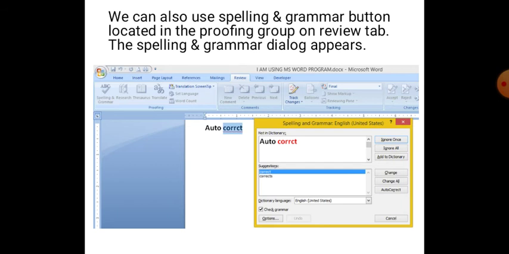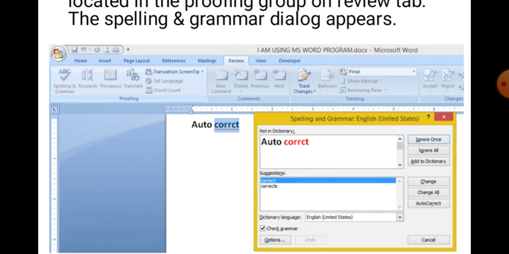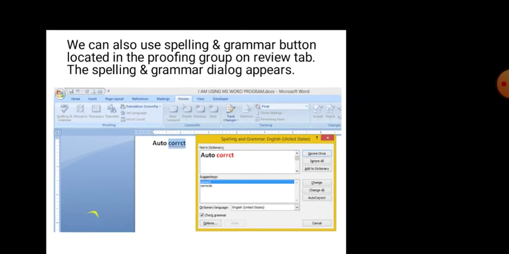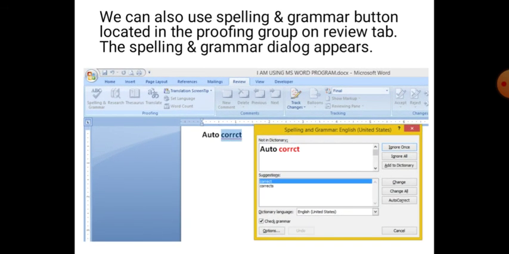Children, we have another method also, with the help of the spelling and grammar dialog box. As we click on the review tab, you will find on the left side a spelling and grammar button. When we click on it, this type of dialog box will come, where the first part shows the spelling mistake, and the suggestion box shows the suggestions.